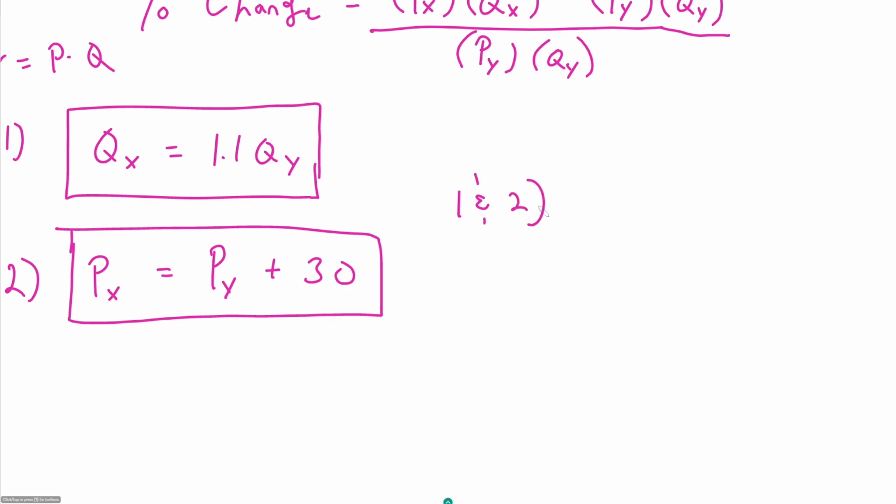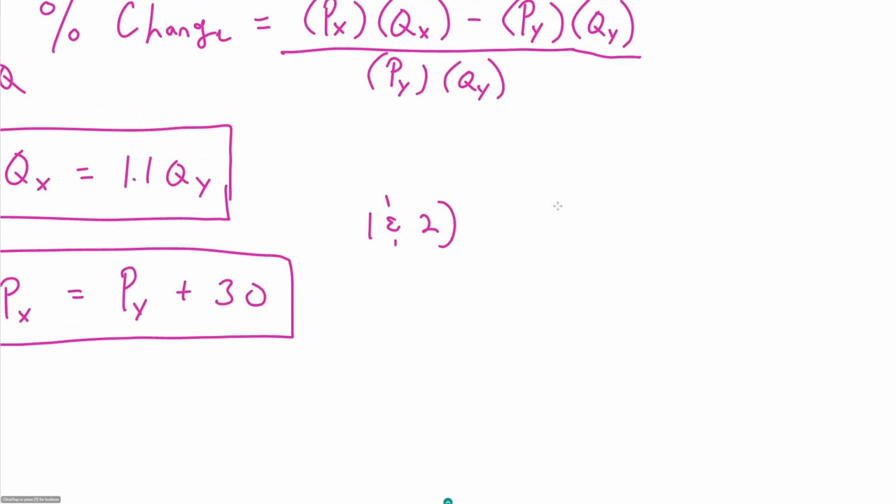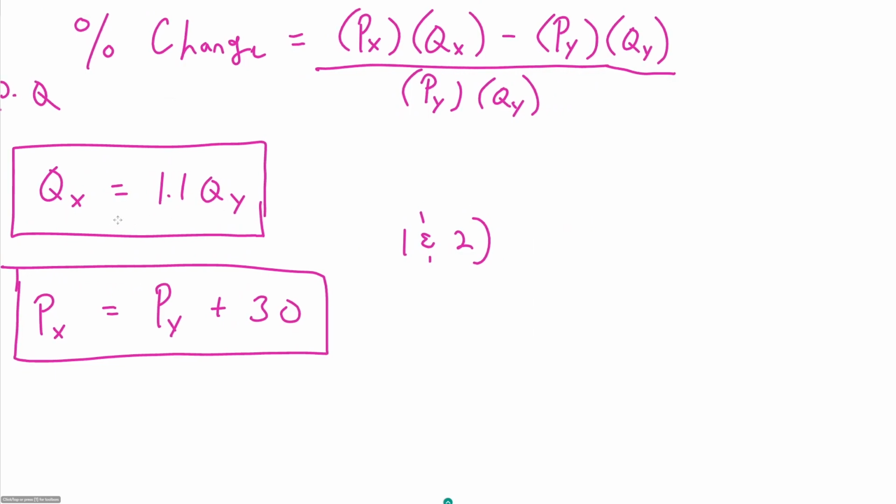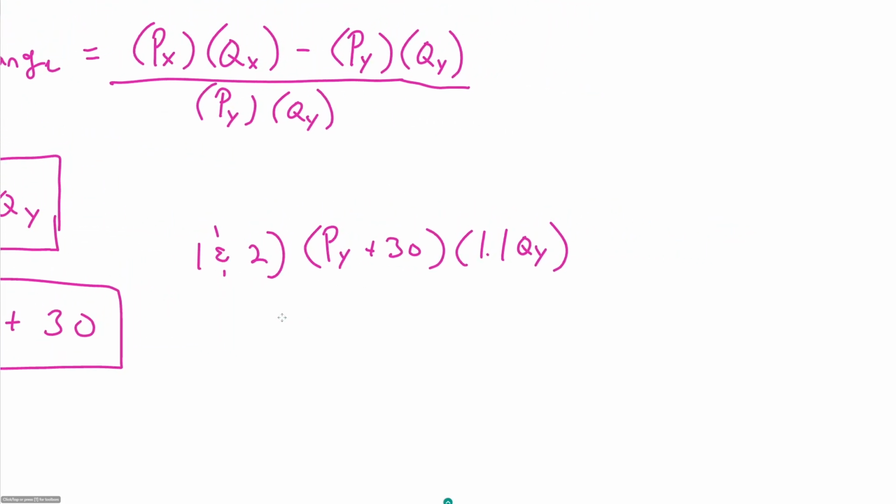In order to eliminate as many variables as possible, let's try plugging in. And so we can replace all of our quantities from this year, we can get that in terms of quantity from last year. And we can get all our prices for this year in terms of the price from last year. And so we can get everything in terms of last year. So PX becomes PY plus 30 times QX. That becomes 1.1 QY minus PY times QY. That stays the same